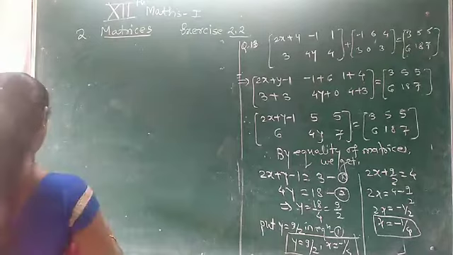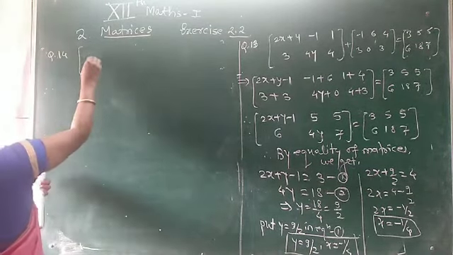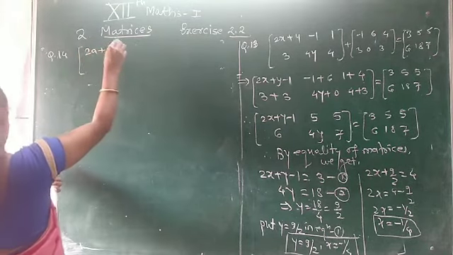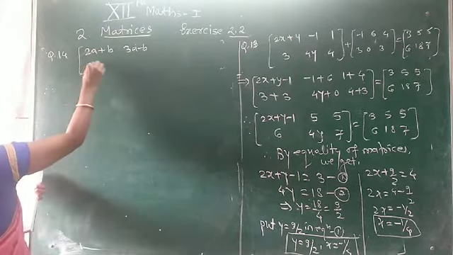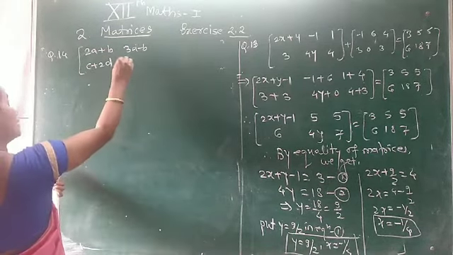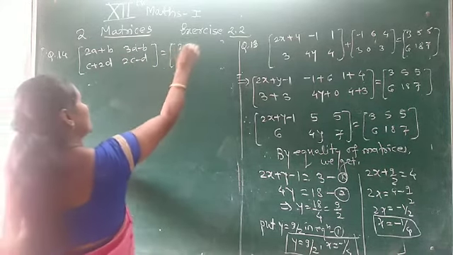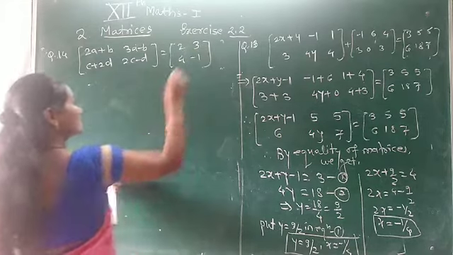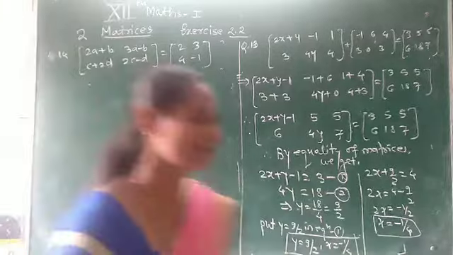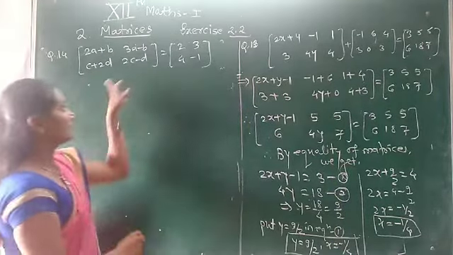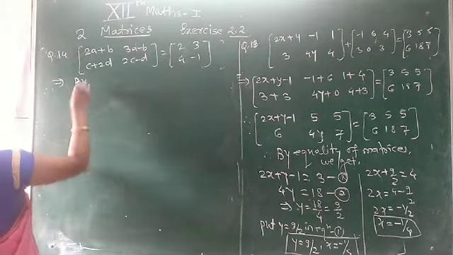Find a, b, c, d if the matrix 2a plus b, 3a minus b, c plus 2d and 2c minus d is equal to 2, 3, 4, minus 1. Here the two matrices are equal, then find the values of a, b, c, d. Given matrices are equal. Therefore, by equality of matrices,